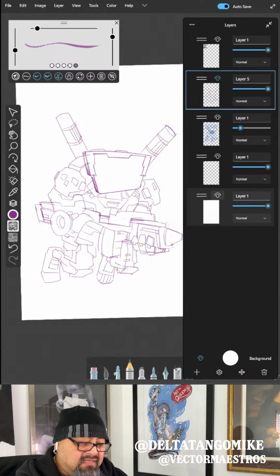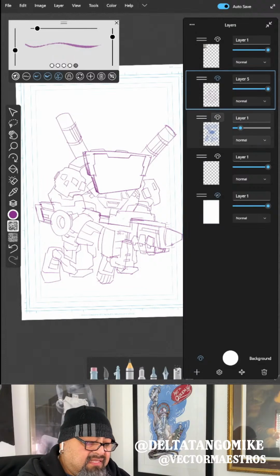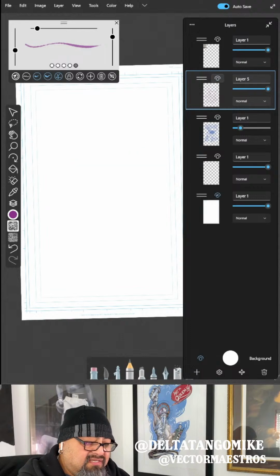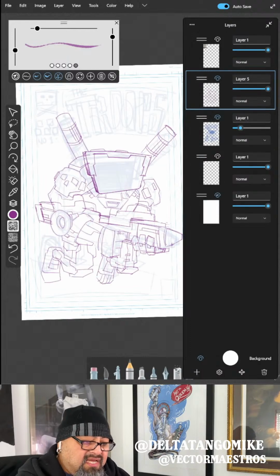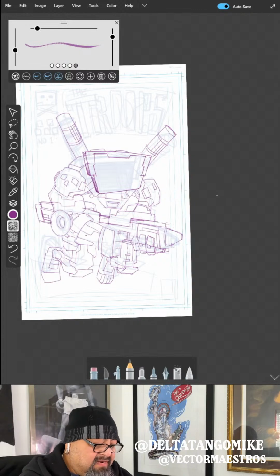Turn back the background. Oh, that was the template thing. That template is back on. There is the sketch, the new sketch. Here's the old sketch. And let's make a new layer. And with this last layer, I'm going to clean up the pencil one more time. We're not done.